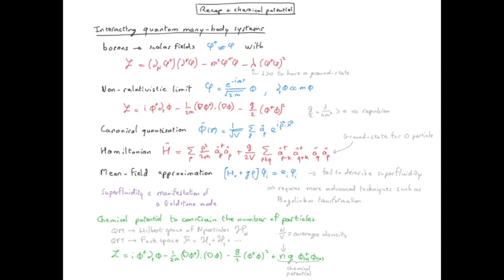when it is counterbalanced by the repulsion between the particles. The chemical potential therefore needs to be proportional to the coupling constant G, because the more the repulsion, the harder it is to add new particles, and therefore the stronger the chemical potential needs to be. And of course for G equals 0, the ground state can be found to have a finite number of particles not moving at all, according to the kinetic energy, and therefore in this case we don't need a chemical potential. So the chemical potential ensures that we have a finite number of particles in our system.